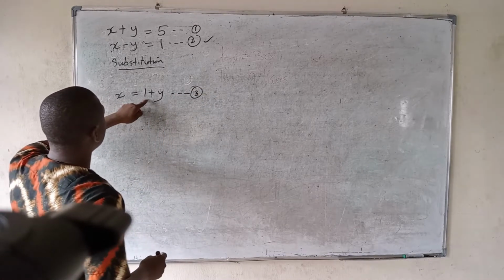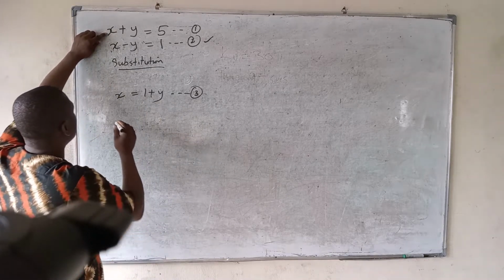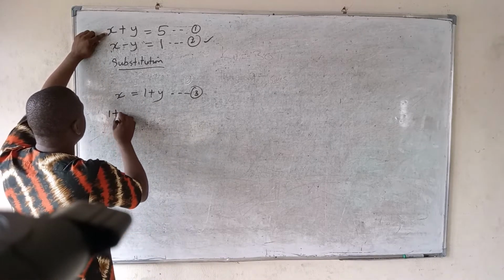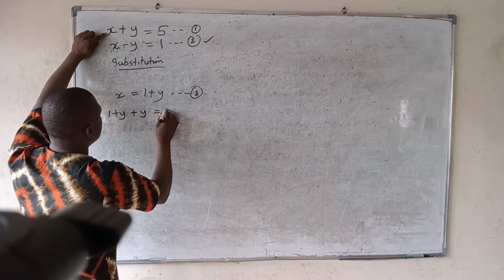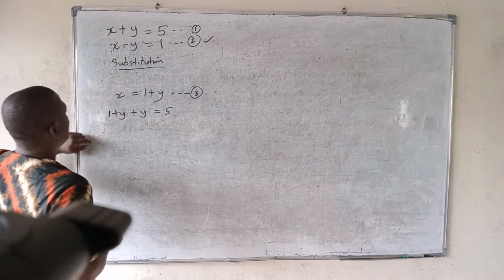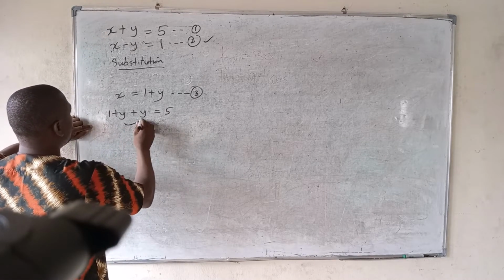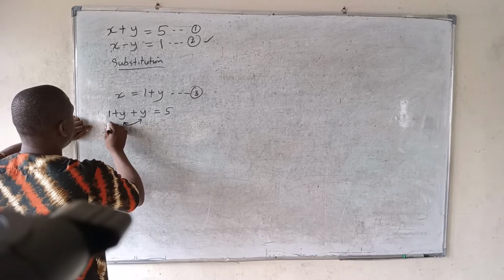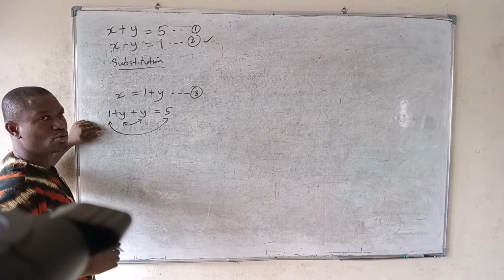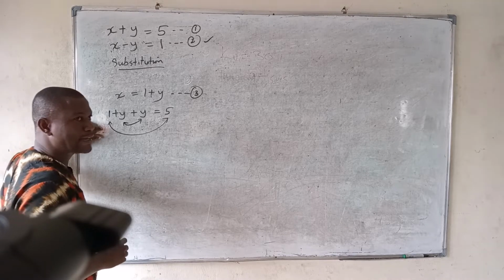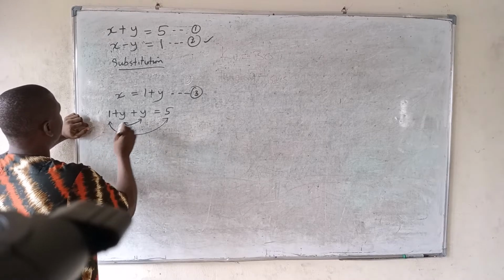The next step is to substitute the expression for x into equation 1 to have 1 plus y plus y is equal to 5. If you look at this equation, these two are similar and these two are similar. So the next thing to do is to collect like terms together. By doing so, you have that